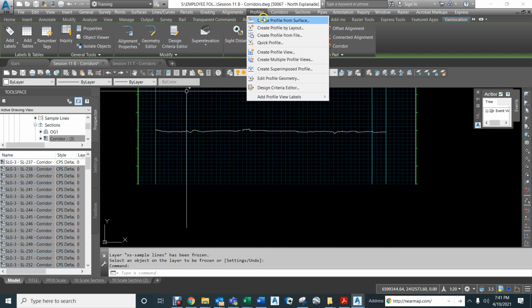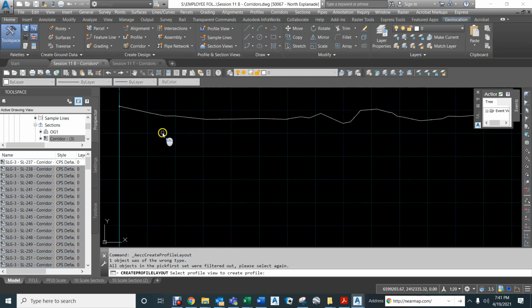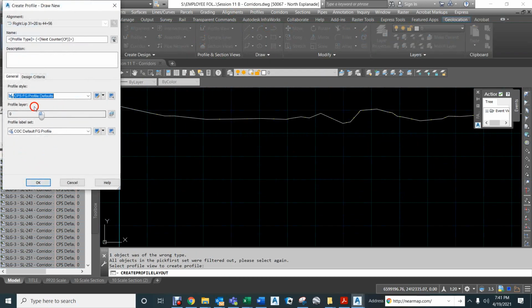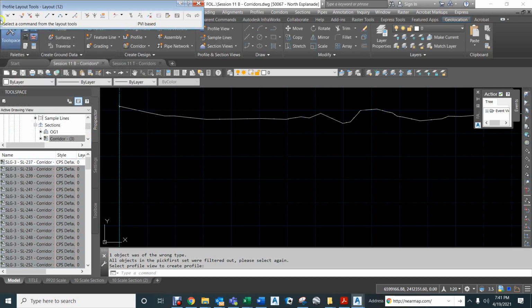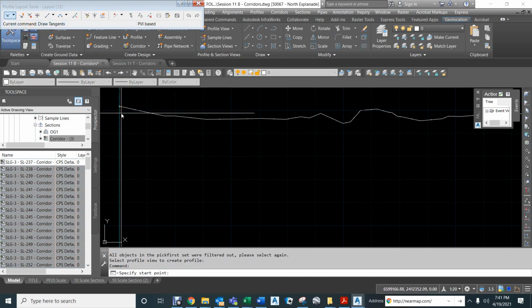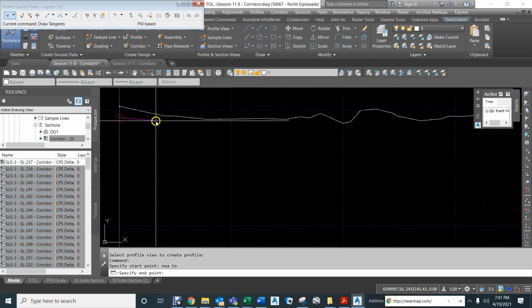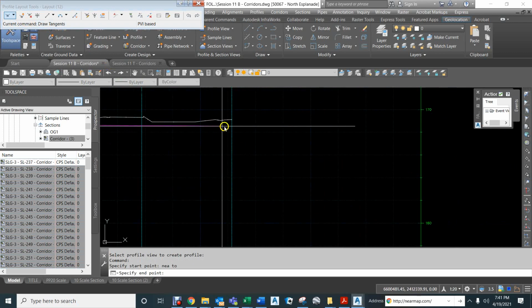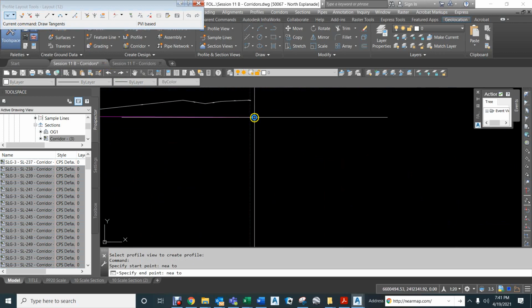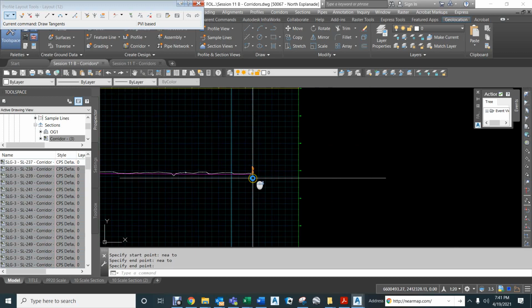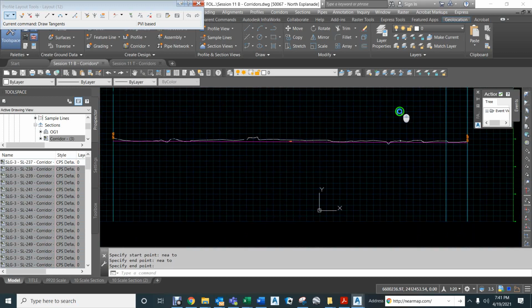So now we can go to profile, and we want to do by layout. We'll select this group here, and we want FG profile, that's fine, and FG profile defaults, that's fine. We'll be renaming this in a little bit. We're going to draw tangents without curves in here for right now. I just want to go to the endpoint of here, using the nearest command and the nearest command here. That's all I really need, because I'm going to go back through with this button right here, this data view,